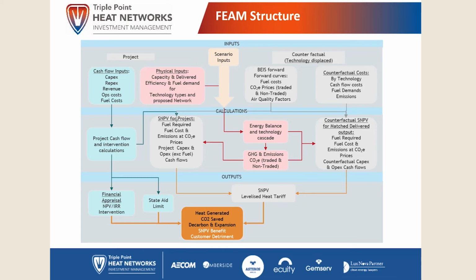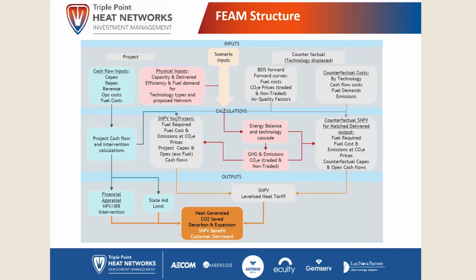We have some cash flow inputs: the capex, the replacement capex over time, revenue costs, operational costs, and fuel costs. We have some physical inputs. We have capacity and demand. We have fuel demand for different customers and different technology types. So we have some standard physical metrics inputs as well. They go in to calculate a cash flow and undertake the intervention calculations, where we have a very simple cash flow analysis that has all the cash going out over time, all the cash coming in from charging for the heat over time,